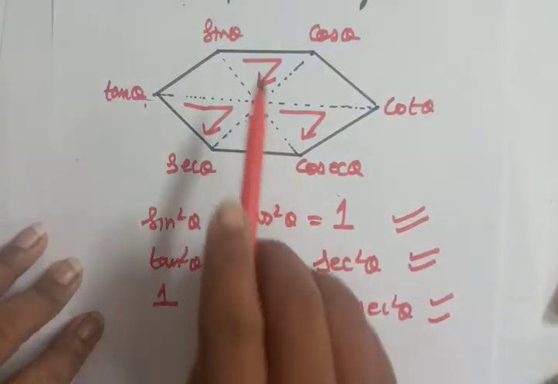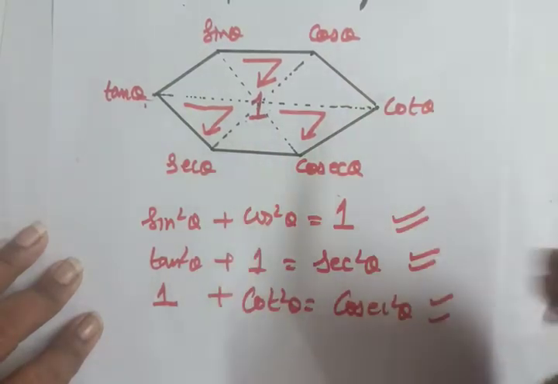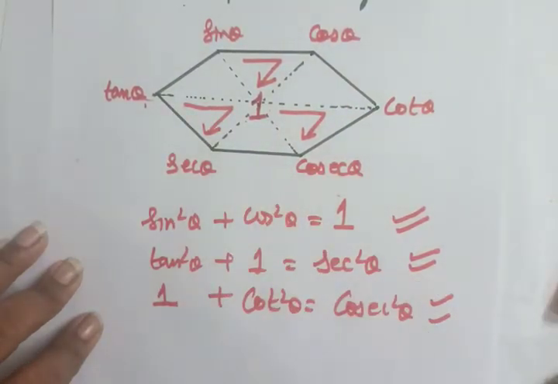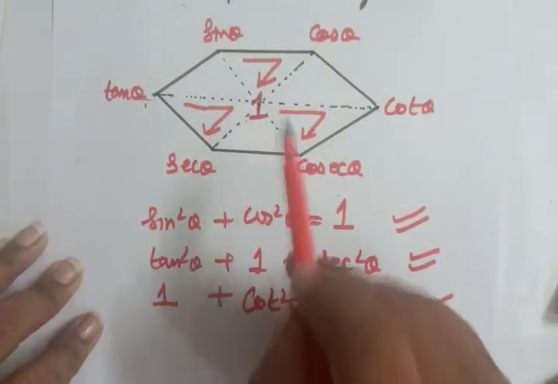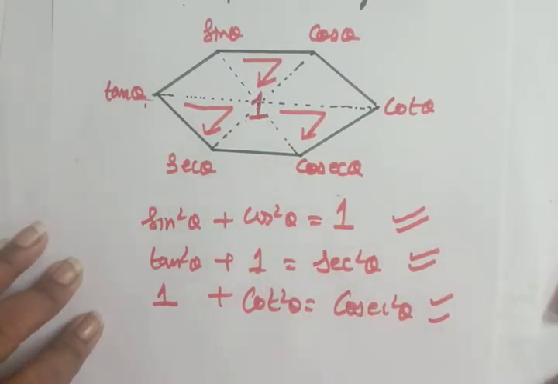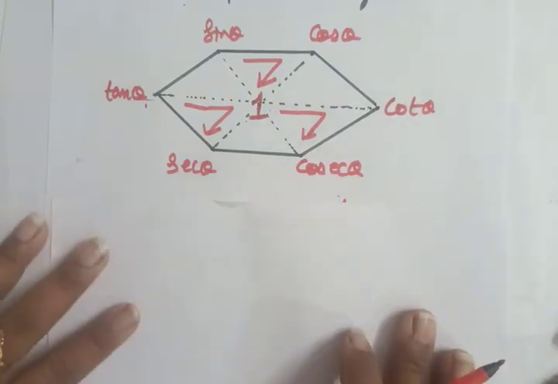Yes. So you have to remember, if you forget in the exam, suppose you forgot your identities, you just make this hexagon simply on the last page or in a rough column, and you can recall your identities. Now for the ratios also this is going to help you. Yes, how? For the next, I am using this hexagon, and I am keeping one paper here.